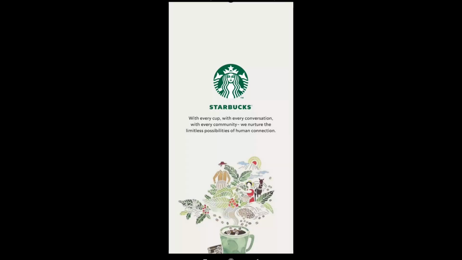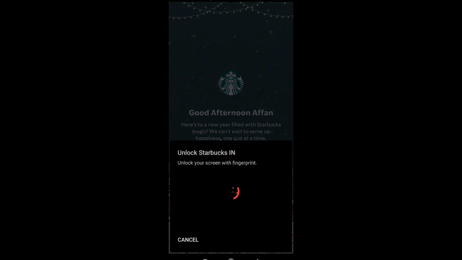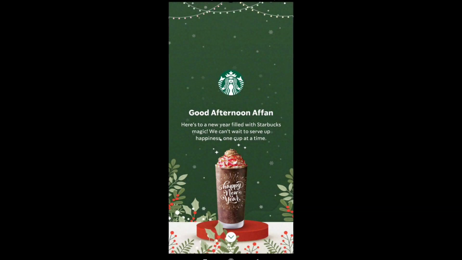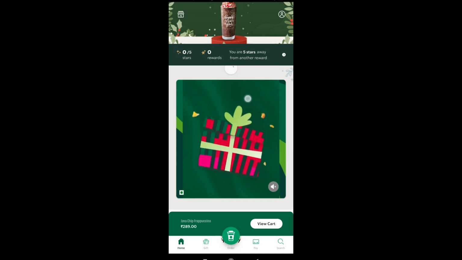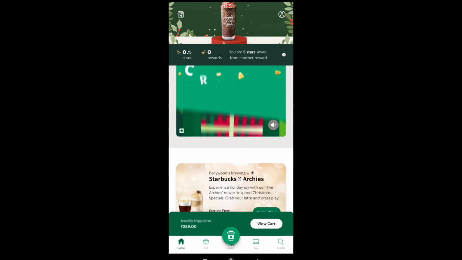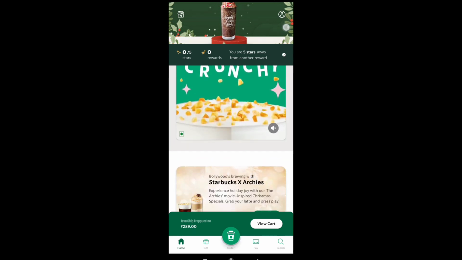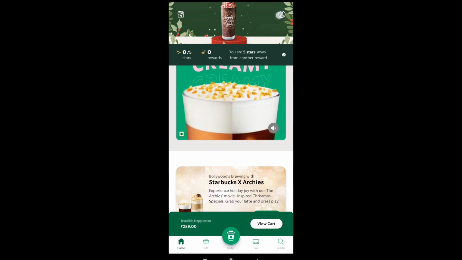So click on the Starbucks app and now just put your password or use your fingerprint. Okay, so once you're in the app, you need to look for an icon like this. Okay, so click on this icon here,